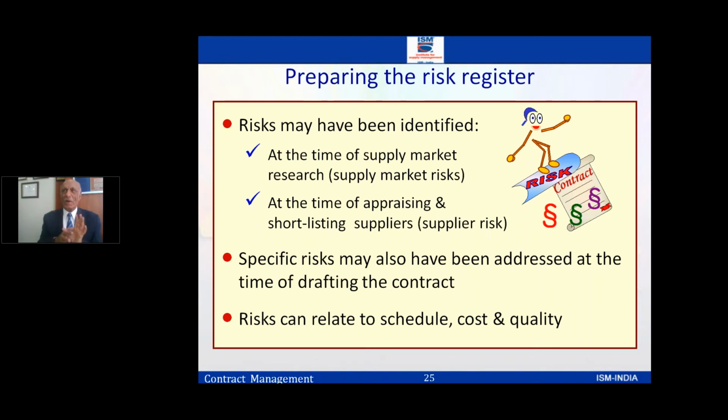The next comes defining the risk. Risks are very important to define upfront. I mean, there's hardly any contract I come across where there's no risk. Risk is always there, even in a small contract or a high value contract. The question is, are you able to accept it upfront? If you're accepting it upfront, you're documenting it, and you're taking care that this risk does not happen. So risk has to be identified upfront, at the time of appraising a supplier, at the time of shortlisting suppliers.